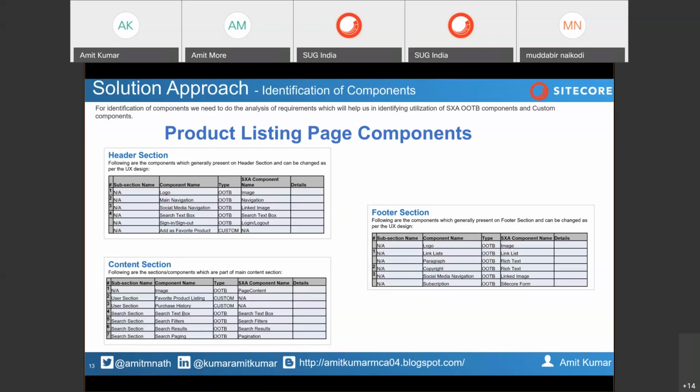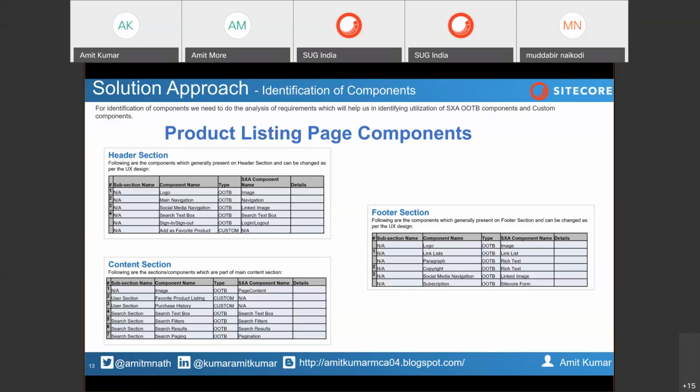No, so in that scenario, as I understand your question, suppose you have implemented two websites using SXA and the third with the custom one or any other implementation, right? That was the question, correct? Yes, but not implemented already. We have got the requirements to develop four websites. So in that scenario, you know that if you mix and match, it will work.